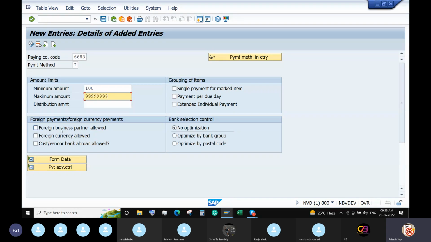And if this payment method is used for foreign currency also, we can select these options. I'm selecting these options, and grouping items. Single payment for marked item I'm selecting, because there are some basic requirements from customers. For example, there are 10 vendor invoices, each invoice is 100 rupees, so the total value is 1000. If you select this item, single payment for marked item, it enables paying each line item